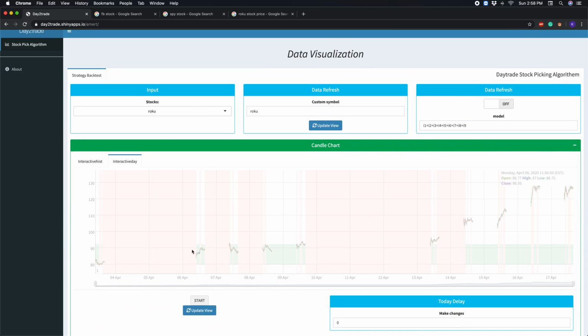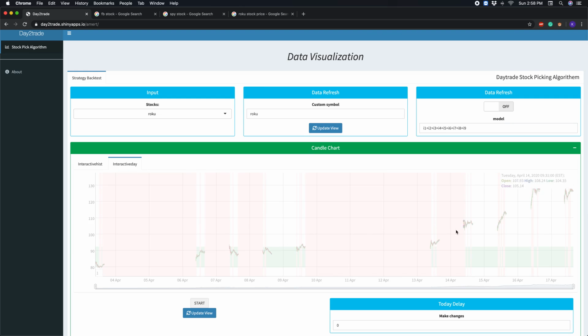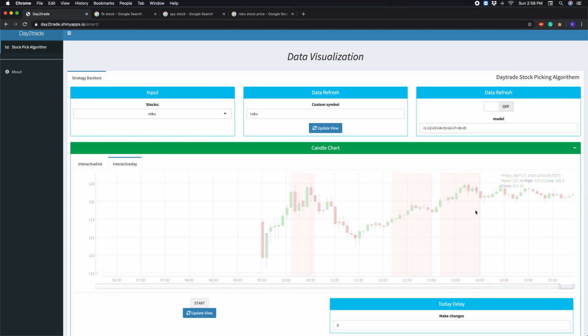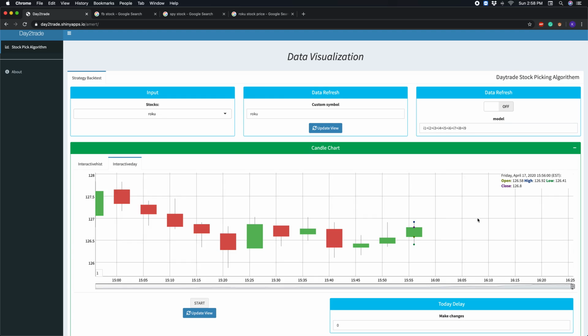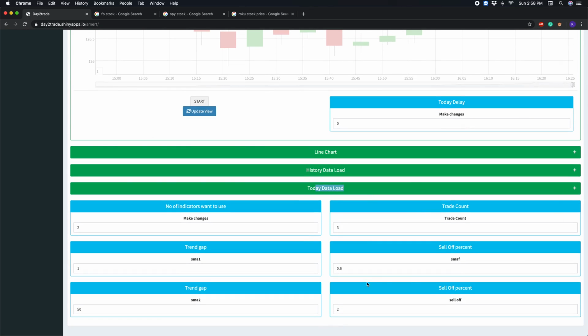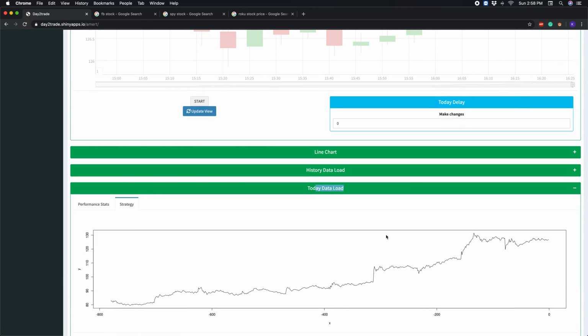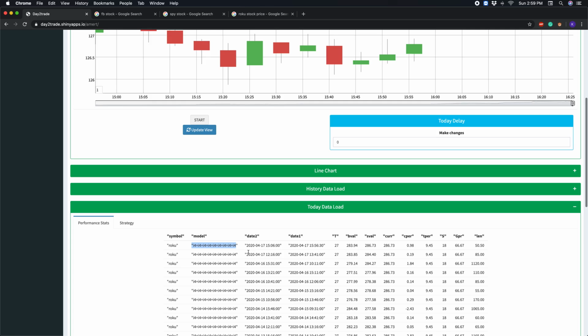Even though we have a decent profit here from April 3rd onwards, we'll see how it performed in performance stats. I think the selection points, as I said, were comparatively good, and we had a decent profit. Now the strategy got loaded, and if you see the performance stats for Roku, this intraday strategy is different from the historical strategy, because that's a daily candle and this is a 5-minute candle.